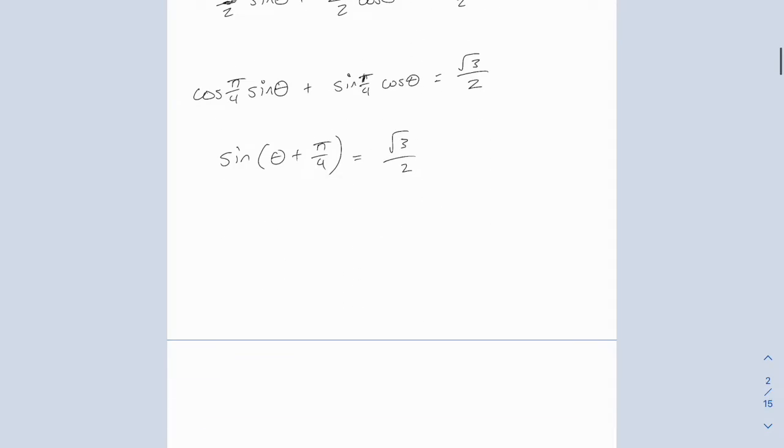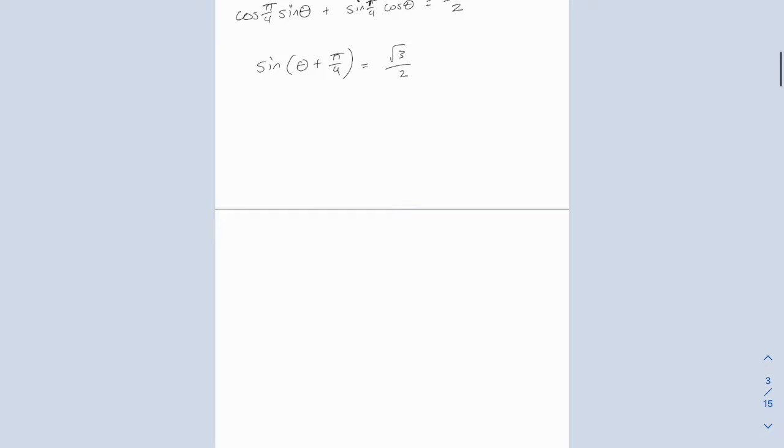So from here we just take the arc sine, so theta plus pi over 4 is equal to, if I grab my calculator here, pi over 3 plus n times 2 pi, because remember,